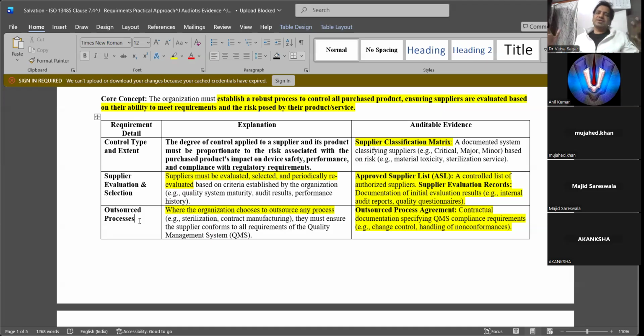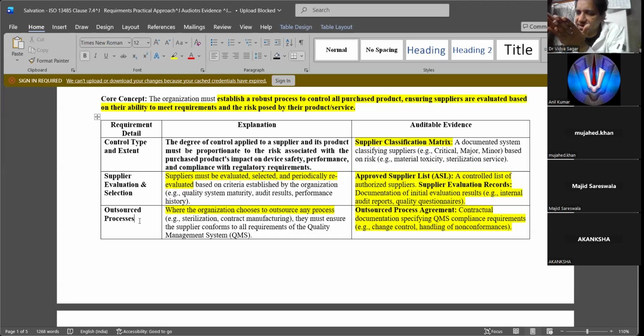Because when you outsource it, most of the things won't be in your hand. You will just be monitoring and doing a lot of documentation. But what's the real thing happening there? That has to come in the supplier agreement.